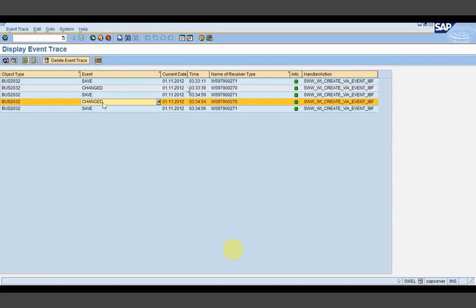Now this date and time is today's date and the current time. In the name of the receiver, you can see one workflow number. This workflow has actually captured this event. That's the reason the receiver is showing the workflow number. If no receiver existed, it would have shown no receiver exists. And the green button you can see here, since this workflow has captured this changed event successfully, that's the reason it is showing in green state. Now when you double click on this event,